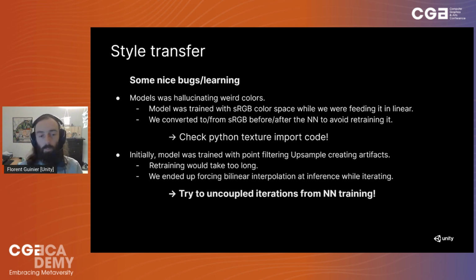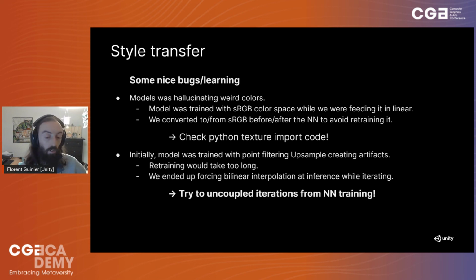In short, there are two very important things I think that could be easily overlooked. In the Python world, you train using some library that will load your textures, serialize them, etc. But once you go into the real-time 3D world, the actual color space is very important. So you might need to check your Python code twice, because the way you train your model will have a huge impact on the final result in game or in your real-time 3D application.